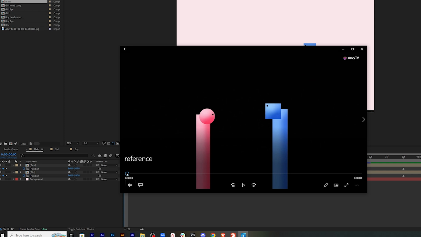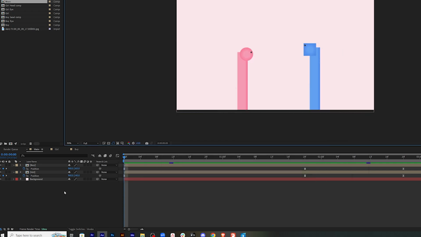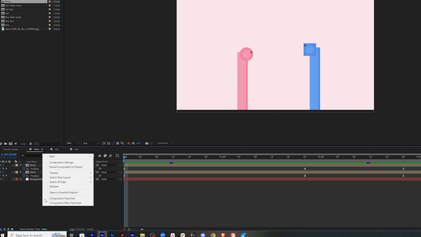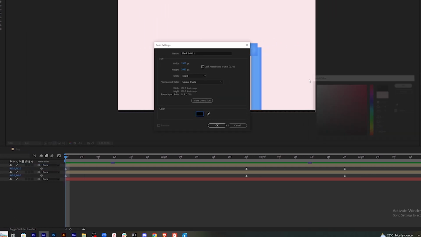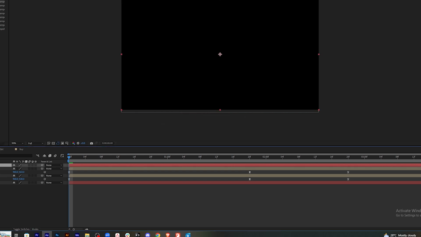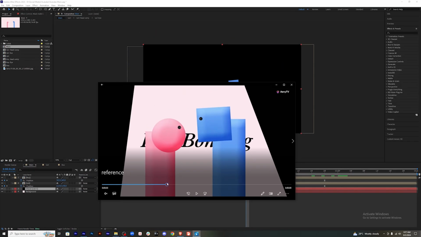Here you'll see that the background reveals from this black background. So we need to add a black solid as well by right clicking. Let's change the color to completely black solid. We'll add it above this here, in order to make the reveal like this,